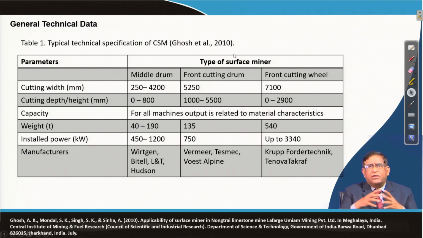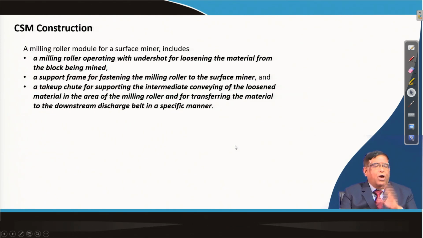However, in the front cutting wheel, depending on its operational capability, more power can be installed, and the power consumption required will be more. There are many companies in the world. Wirtgen, the German company, first introduced these machines in our country, and L&T is the company which started producing these machines in our country. Vermeer is exactly trying to get market so far, but Takraf has also produced these machines, and globally they are the main players now.